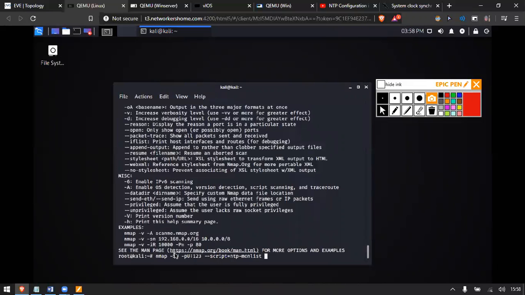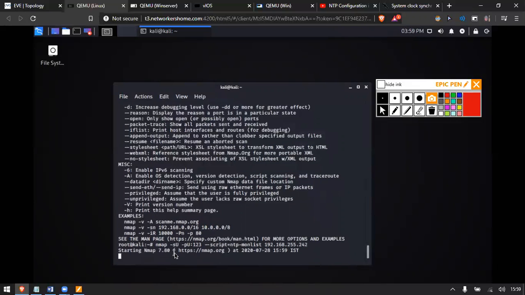Then we have to define the IP, 168.255.242. And if you hit enter, Nmap will scan.